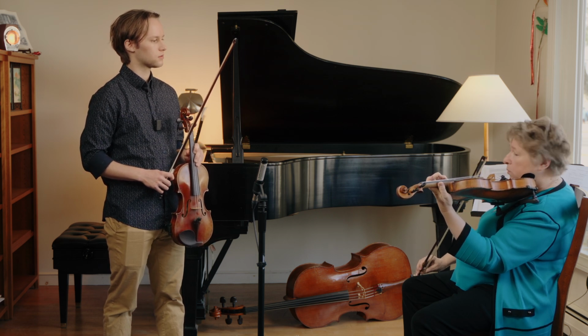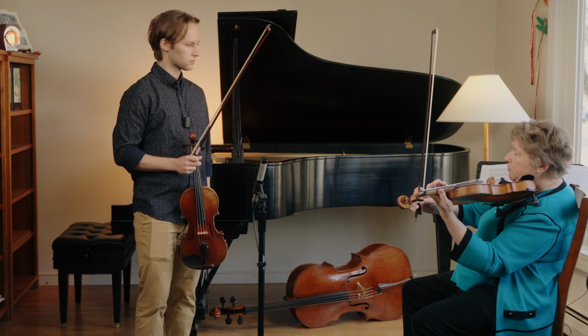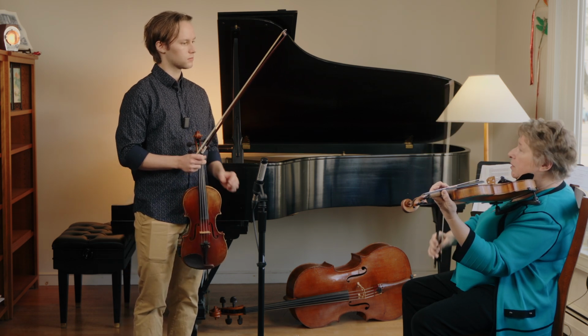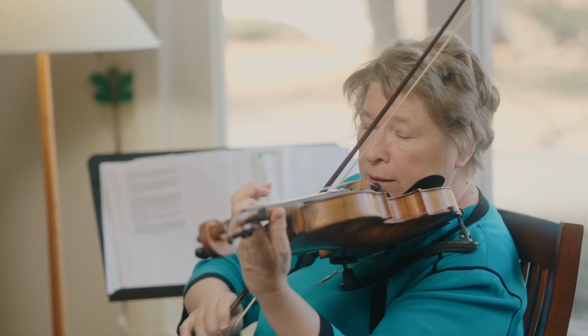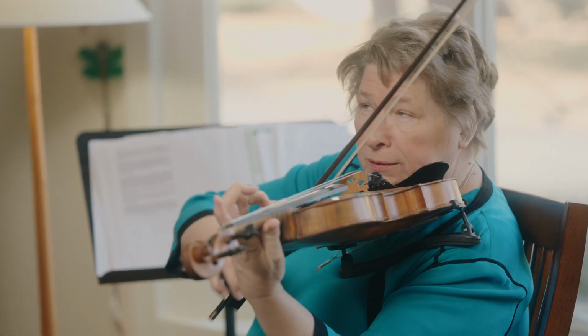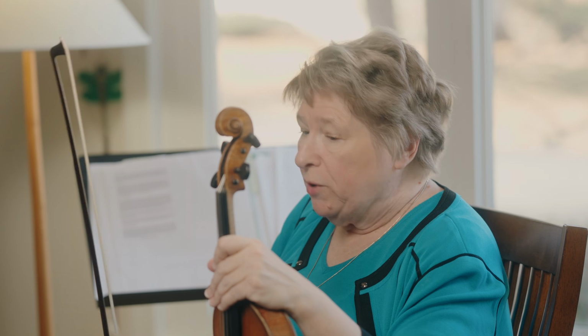Now what this is doing is making my fingers feel the bow, and I'm also getting a great sounding point. So then when I play, I don't want accents on the bow changes, but I will practice it that way. And of course, when you have something like